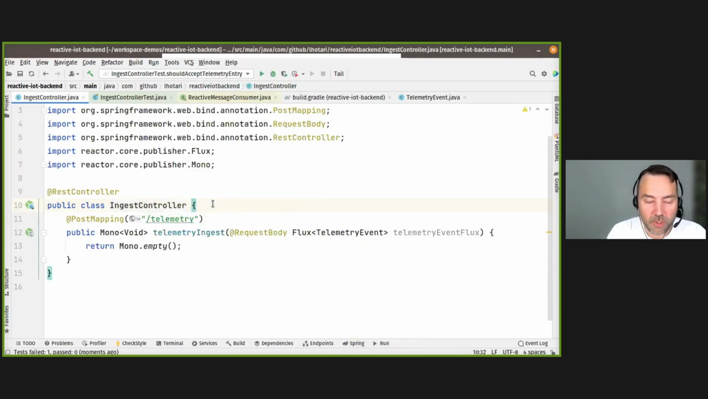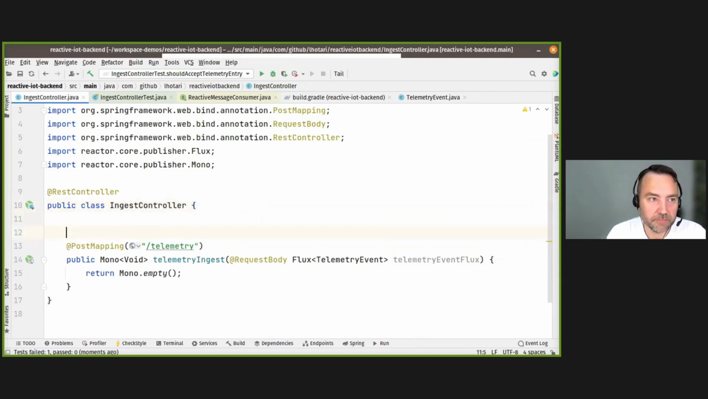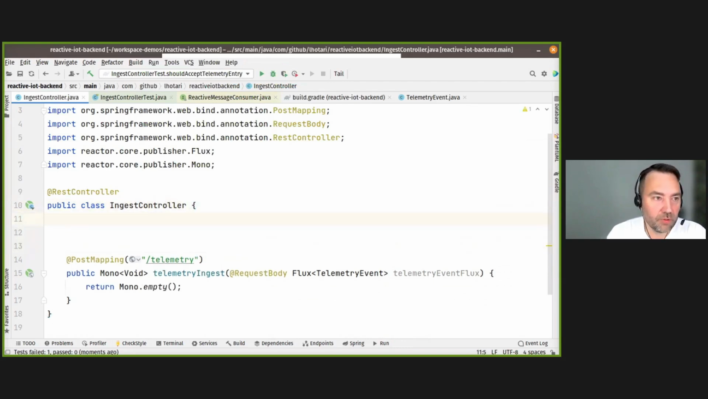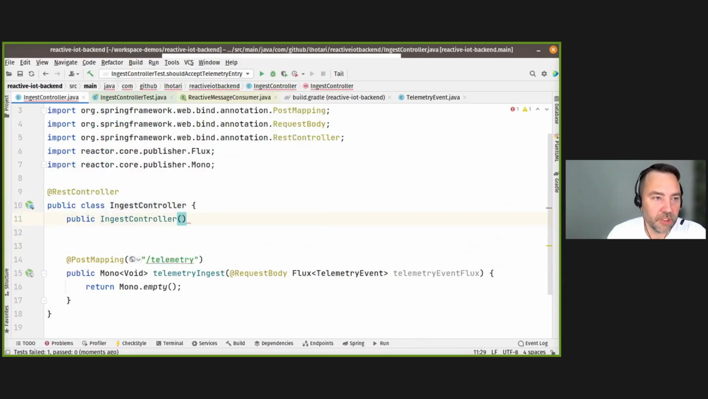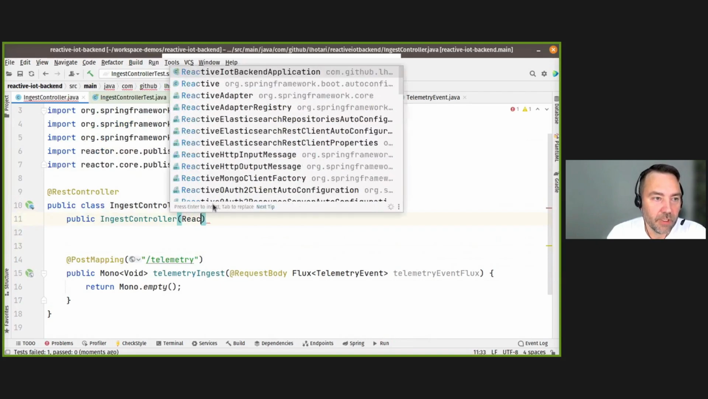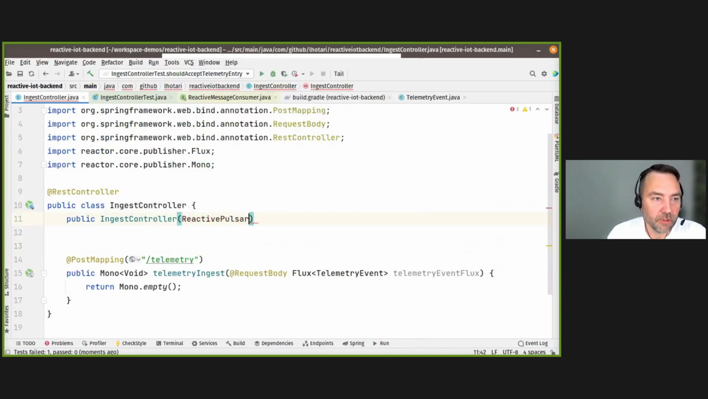On this side, we'll be using the reactive message sender, and to get that into use, we'll use constructor injection. And here we'll Pulsar